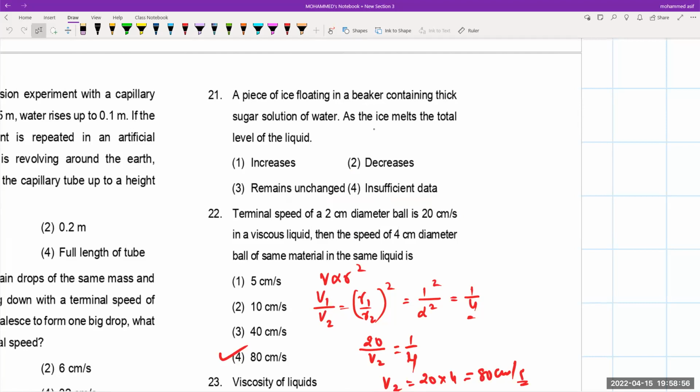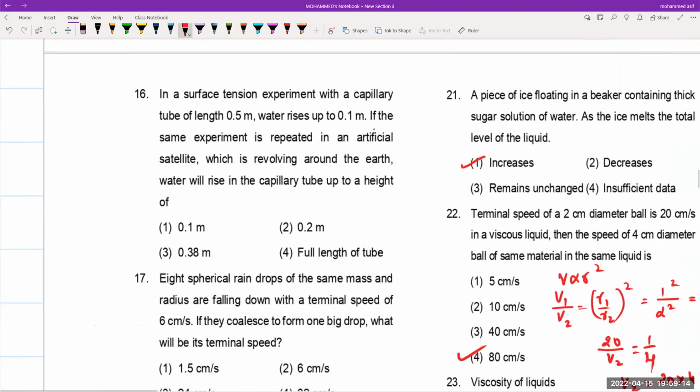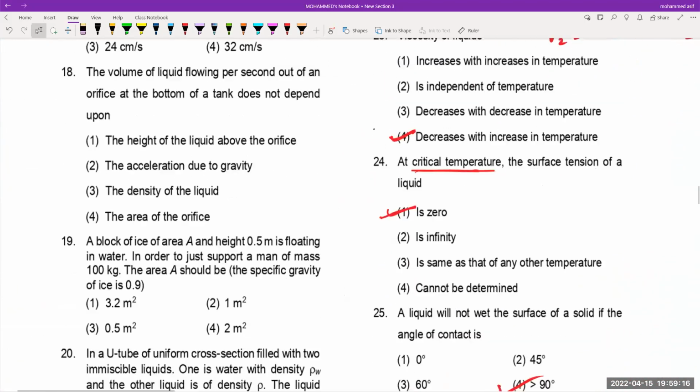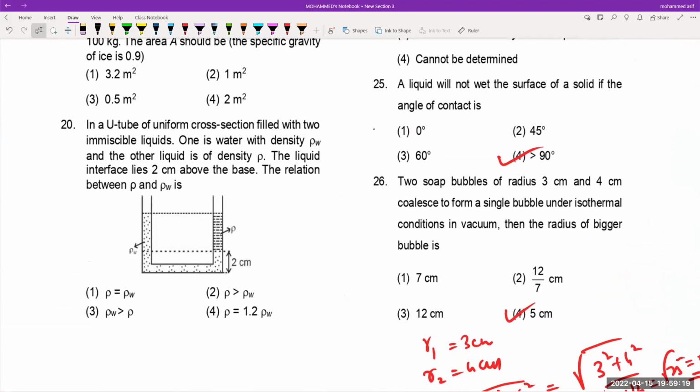तो वेट की वजह से थोड़ा लेवल ऑफ द सुगर सॉल्यूशन क्या हो जाएगा, इंक्रीज होगा। तो जैसे जैसे आइस मेल्ट होगा तो टोटल लेवल ऑफ द लिक्विड भी क्या हो जाएगा, उसका इंक्रीज होगा। सिर्फ डेंसिटी ऑफ दिस शुगर अगर हम लोग ले रहे हैं, इसको जस्ट इक्वेट कर लो, वैसे ज्यादा कुछ भी नहीं है बेसिकली। ओके, सो लेवल विल बी इंक्रीजिंग, डेंसिटी पे डिपेंड करता है। ये वाला भी डायरेक्ट है, रेगुलर क्वेश्चन बेसिकली आप लोग ने करा होगा।